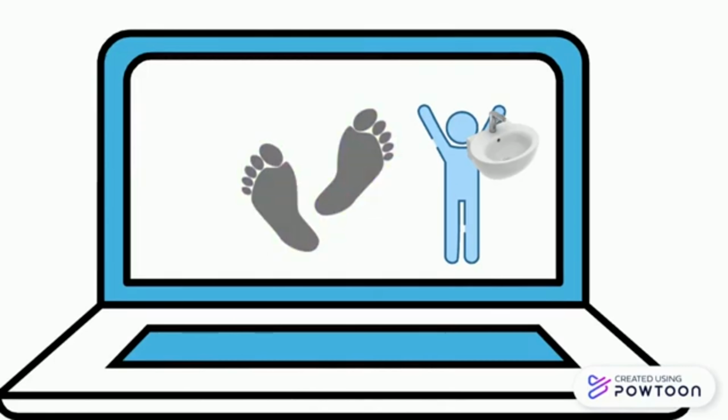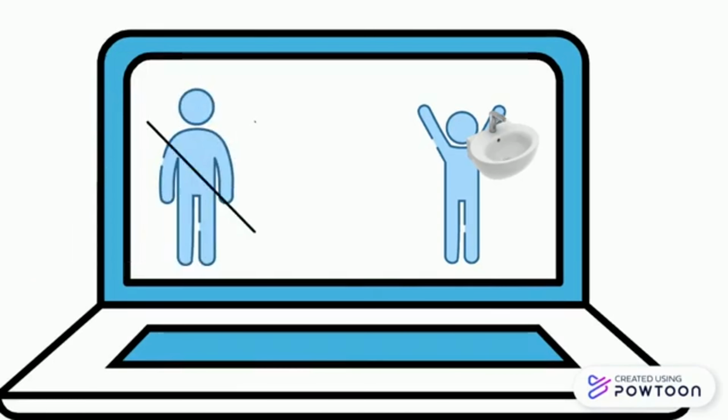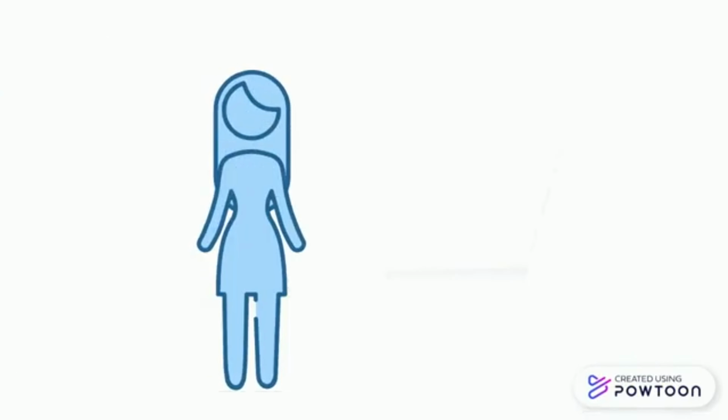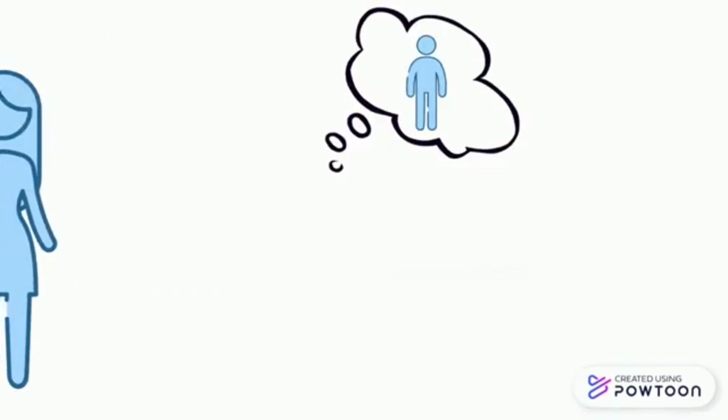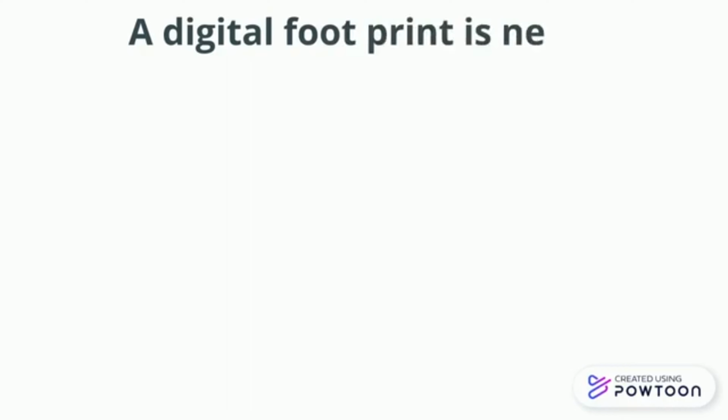If you choose to post a devious lick, you are leaving an active digital footprint on yourself that will affect you in many ways. Say you are in a devious lick video, but you do not actually do the lick. Someone who is watching the video will still see you and associate you with the act, which leaves a passive footprint. A digital footprint is near impossible to erase.